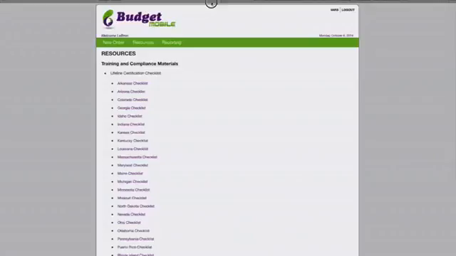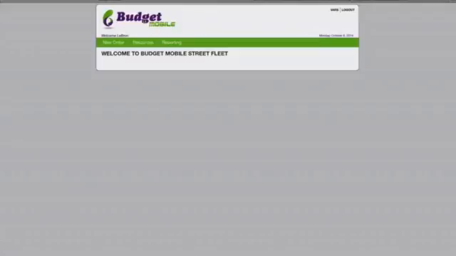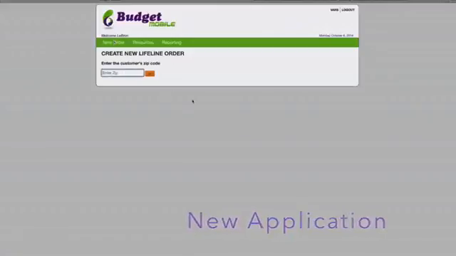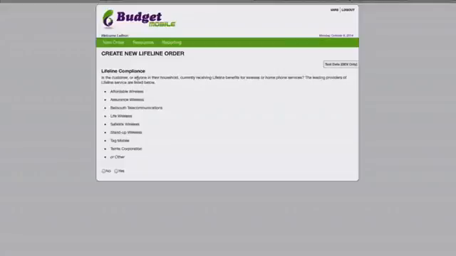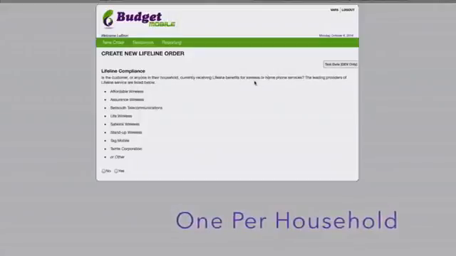So let's go back to the home page here. Get back to the front, and we're going to do a new order. The first thing it's going to ask you for is the customer zip code. This page here states, is the customer or anyone in their household currently receiving Lifeline benefits for wireless or home